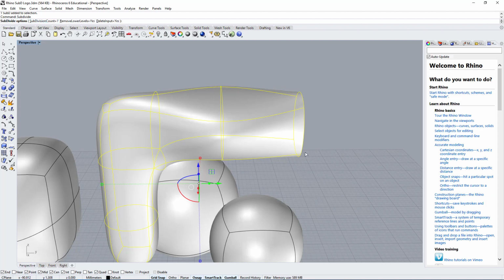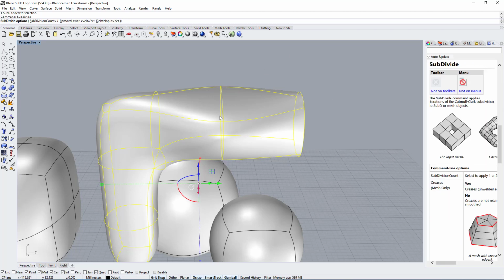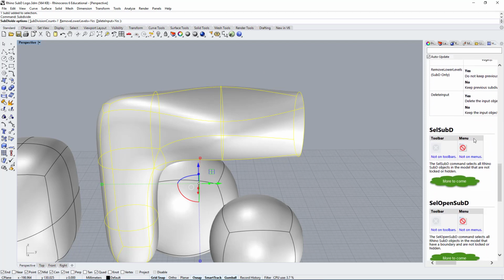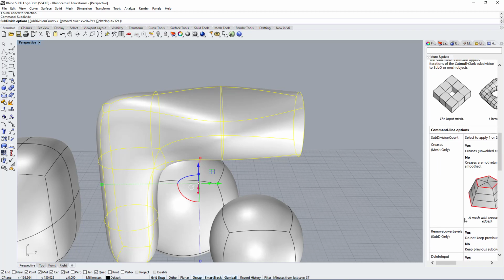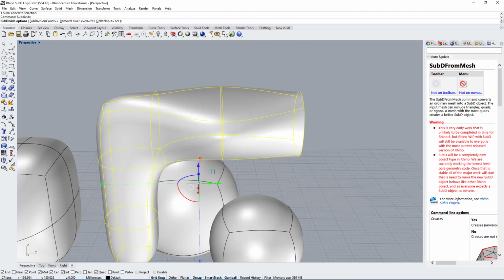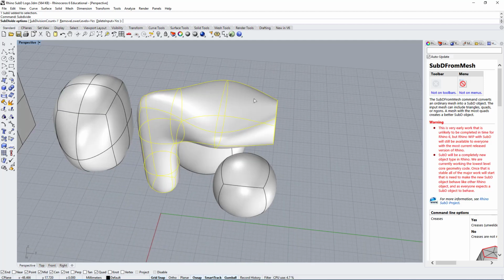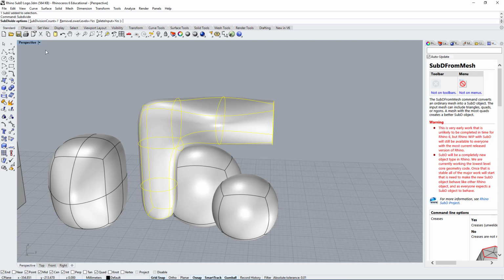So I will give you these commands and I will give you a link, but whenever you type in some of these commands, you will have additional information, and this is very helpful. So I would suggest that you look into these commands and how they work, because this is very new, so there's not too much information about this. So please do your own research. So subd, we have a subd object and we are subdividing.